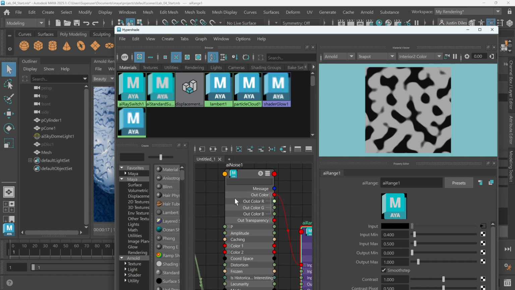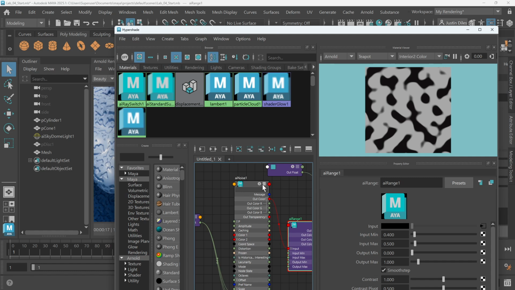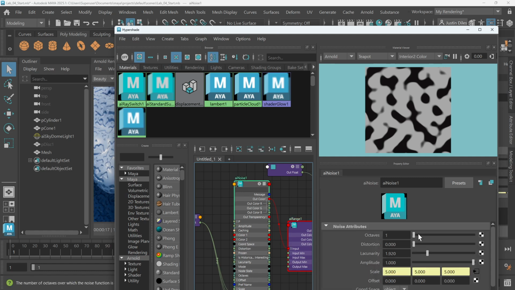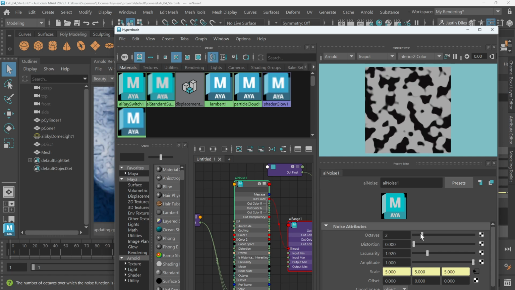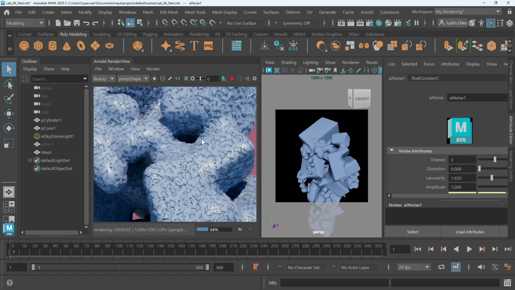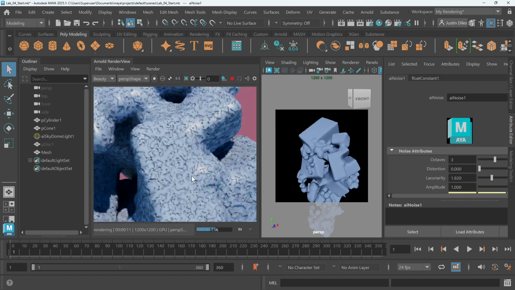And if we want to add more detail to this, we can go back to the original noise and add more octaves to this. So if I add, let's say 2, you can see it starts to break. Adding octaves begins to break up the edges of our noise, and that's going to result in a more cracked-like pattern here on our